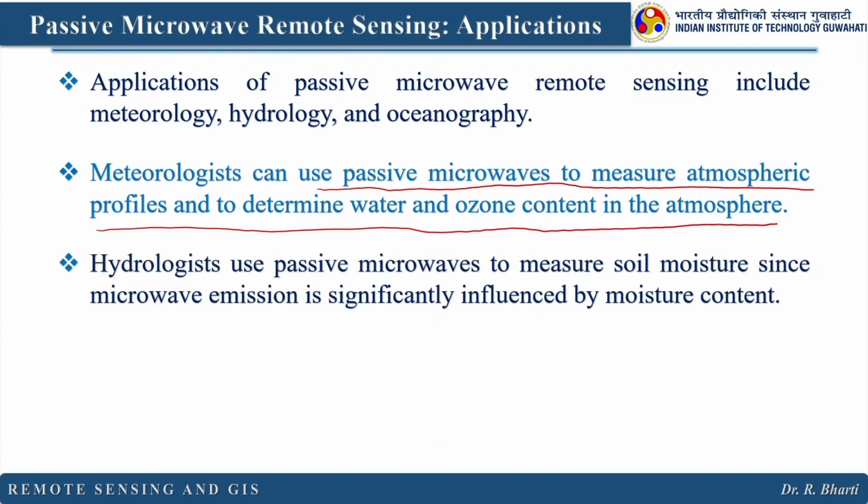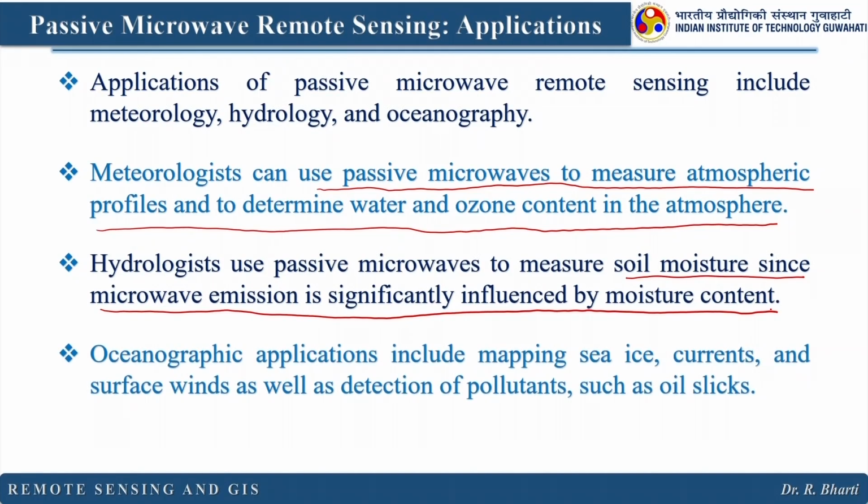Hydrologists may use passive microwave to measure soil moisture, since microwave emission is significantly influenced by moisture content. Oceanographic applications include mapping sea ice, currents and surface wind, as well as detection of pollutants such as oil slicks